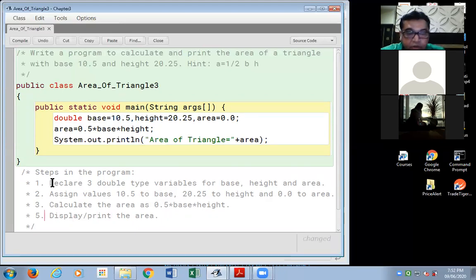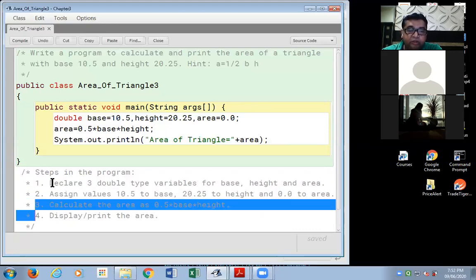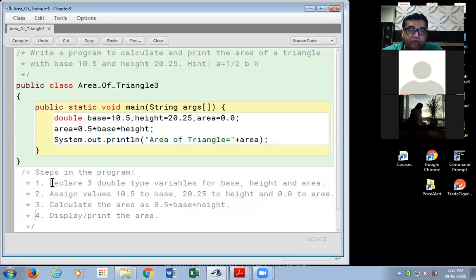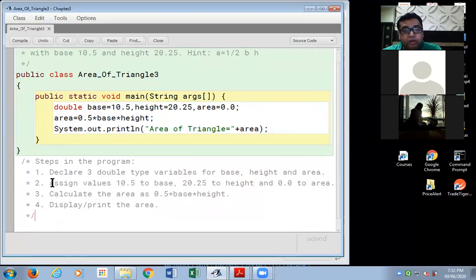Please focus. If you're wondering, sir, you wrote this in the earlier program, why are you writing it over here? Friends, don't just focus on the explanation, also focus on the sequence of the steps. Which step comes first? Declaration comes first. The second step is assignment. The third step is calculating the area. And the fourth step is displaying the area.